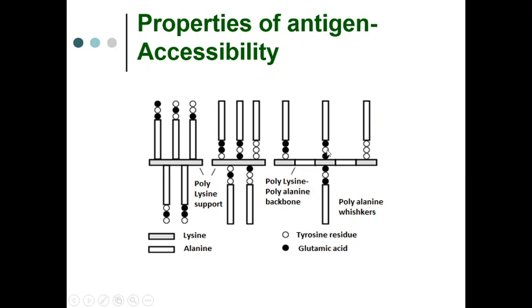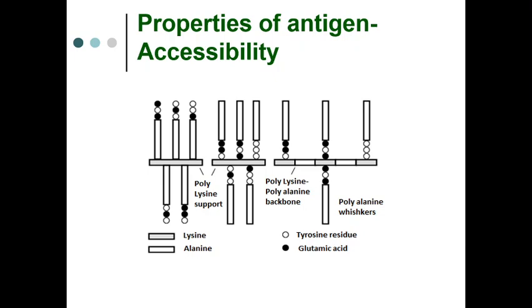Here, the difference was that the polyalanine chain, with the glutamic acid and tyrosine residues, could attach to the backbone only at polylysine residue sites. It could form the bond only at polylysine residue sites. Therefore, the whiskers were attached in an almost symmetrical manner compared to the second molecule, even though the tyrosine and glutamic acid residues were turned inward. But the molecule was more symmetrical compared to the second one. This molecule now was introduced into the rabbit. It was given as an injection, and after some time they found that this molecule was capable of inducing the